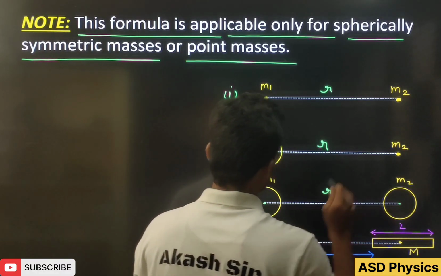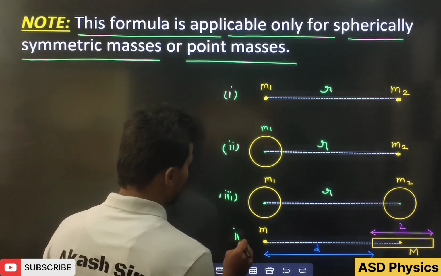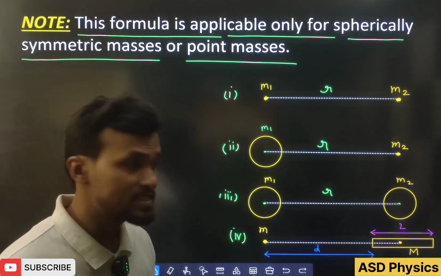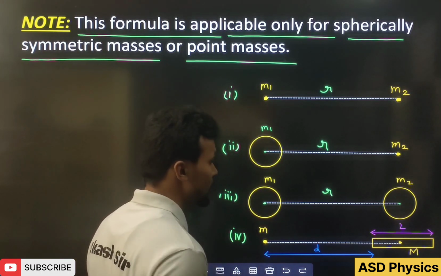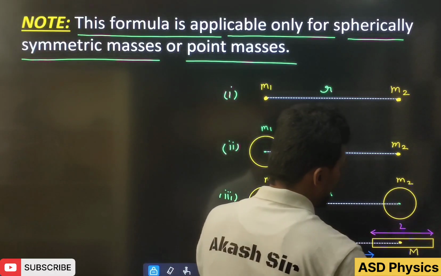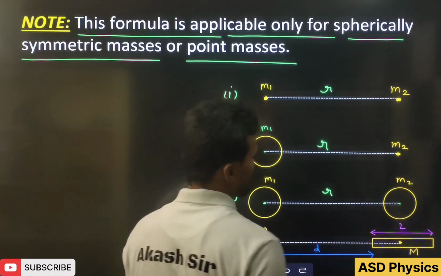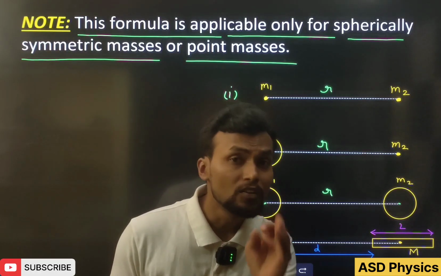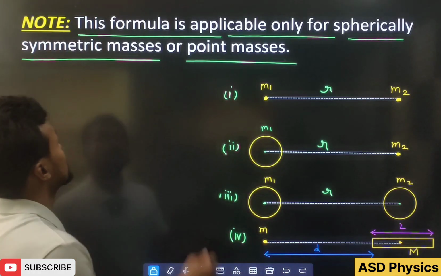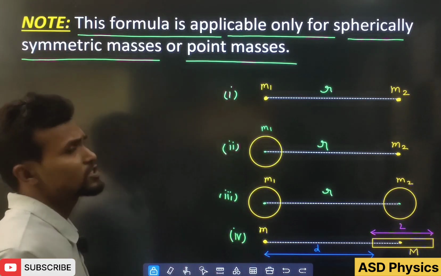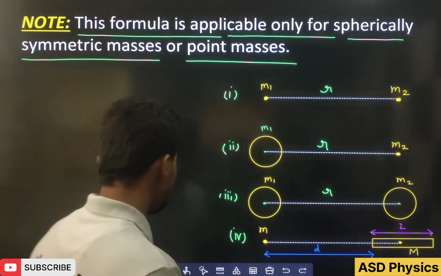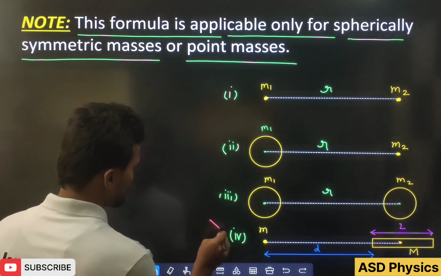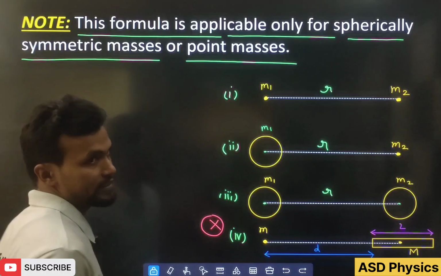But if we talk about this fourth case here, in fourth case you can see very well one point mass small m is there and one rod is there of length L and mass capital M. So in this situation Newton's law of gravitation will not be valid. Why? Because it is valid only for point masses or spherically symmetric bodies here. So in this situation remember that I will just write here, in this situation it will not be valid here. Okay,